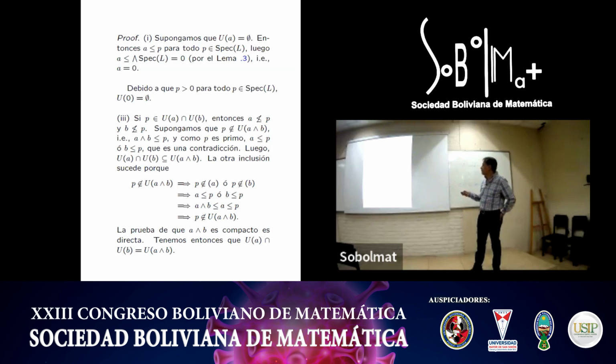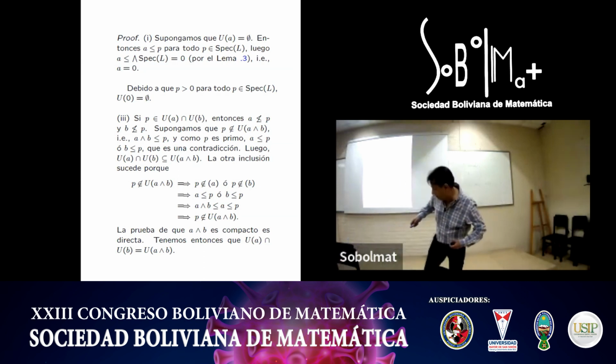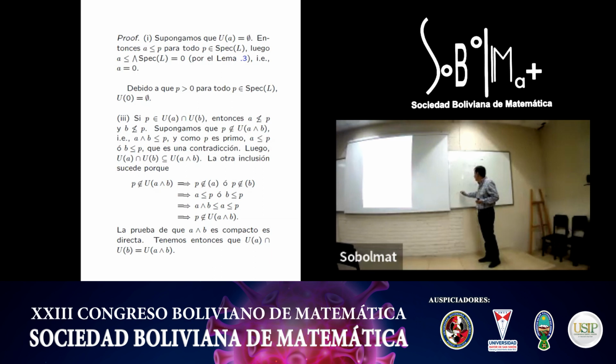The other inclusion happens because, and now I'm using the contrapositive, if we follow this implication, if P is not in U of A intersection U of B, that is the set of all primes such that A infimum B is less than or equal to P. So if it is not in here, then A infimum B is less than or equal to P, right? All right. So I would have this negation, right? And therefore, A is less than or equal to P, or B is less than or equal to P, and therefore,